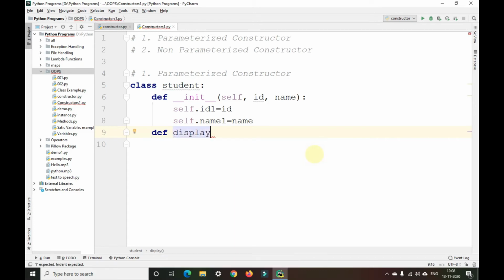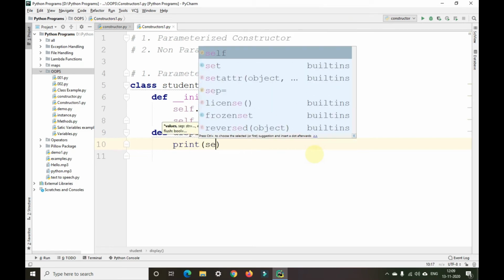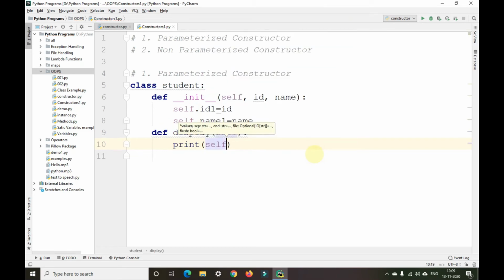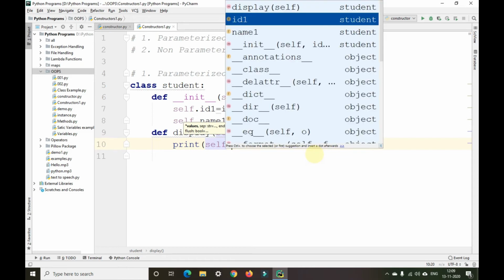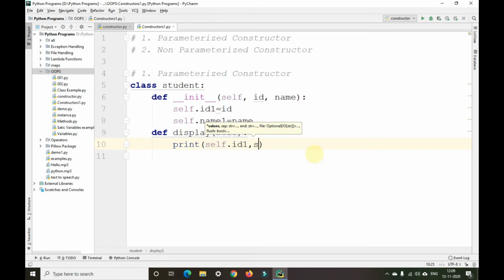Def display, print self dot id1 comma self dot name1.